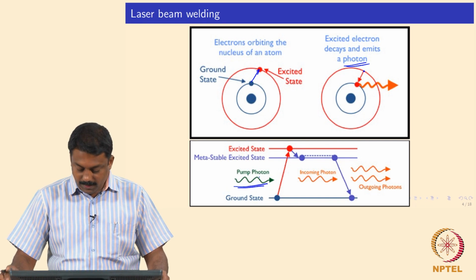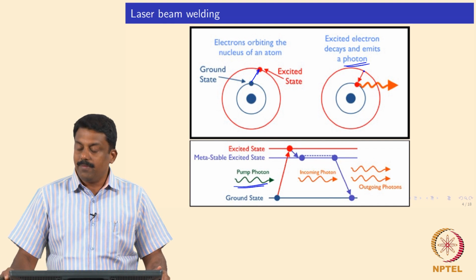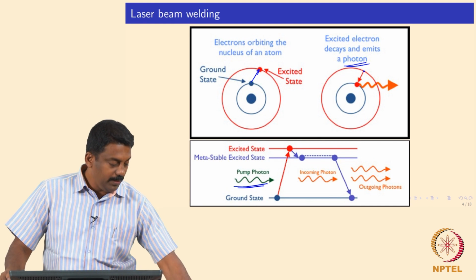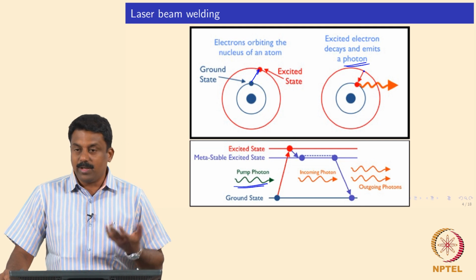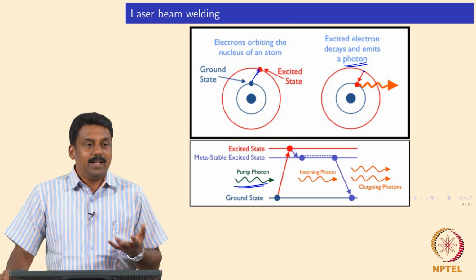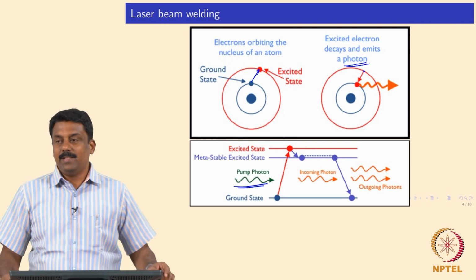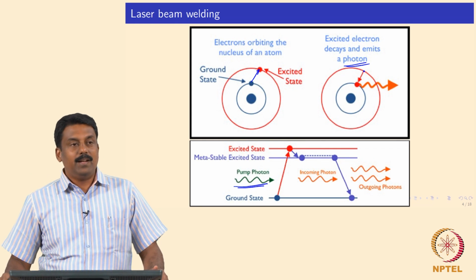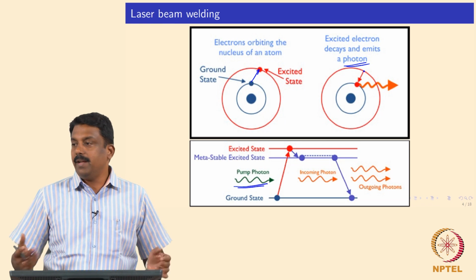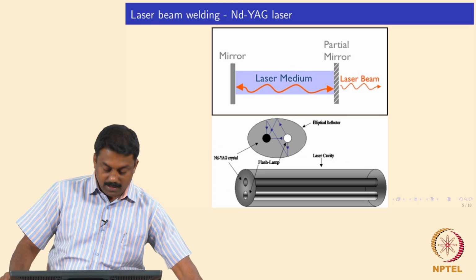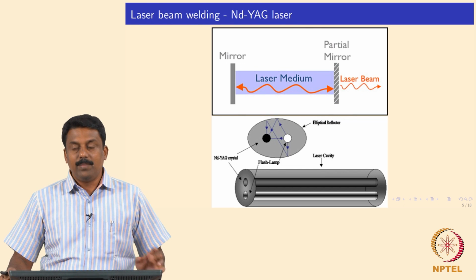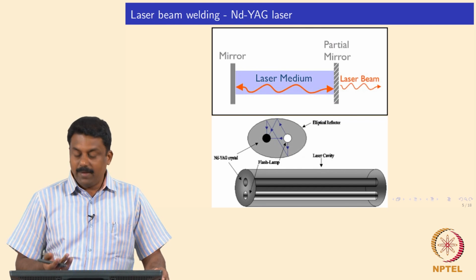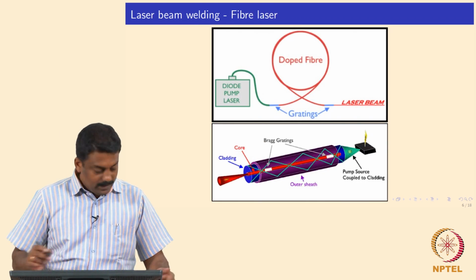Okay. So, very simple, right. This is the basic principle of photon emission, and because we are stimulating this photon emission, that is why the laser comes from this. And then the stimulated photon emissions are amplified using a suitable mirror assembly, is it not? So, the stimulated photons are amplified by having